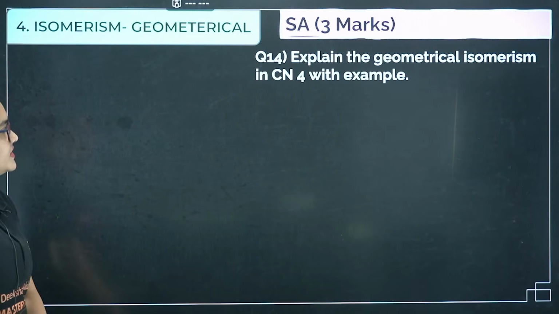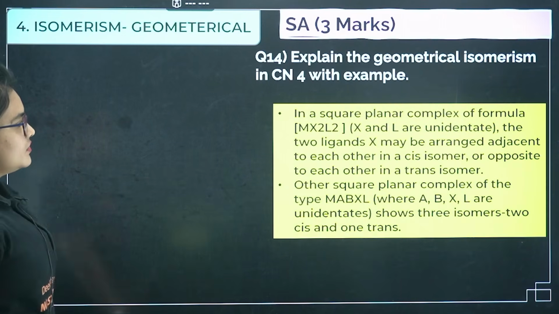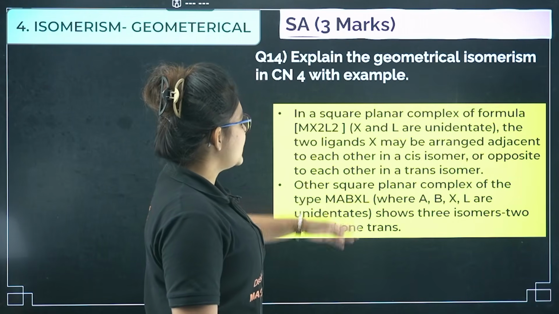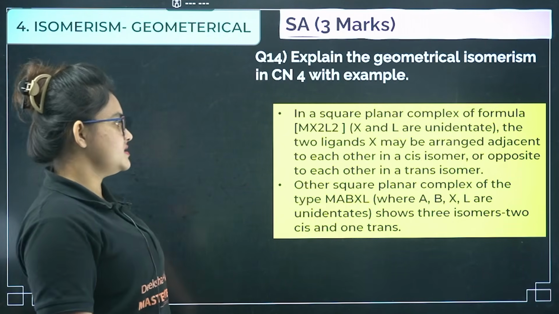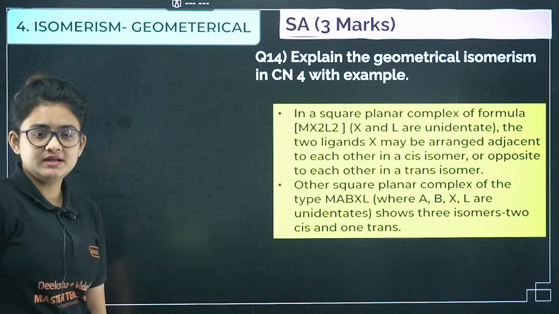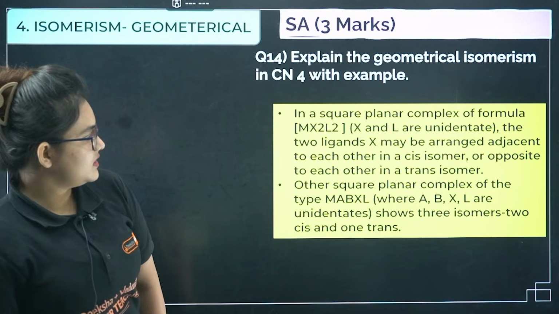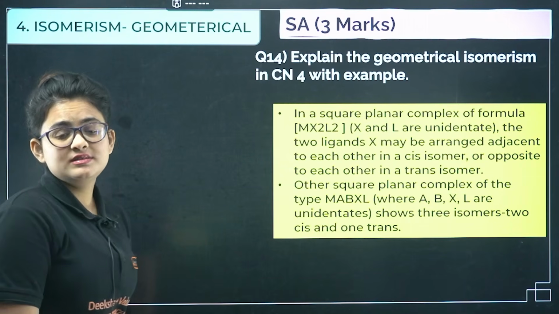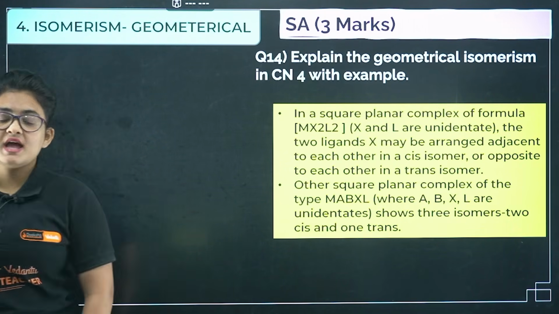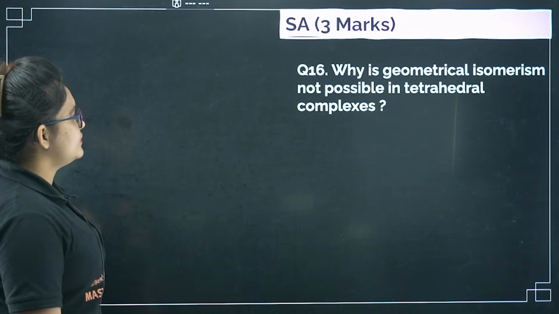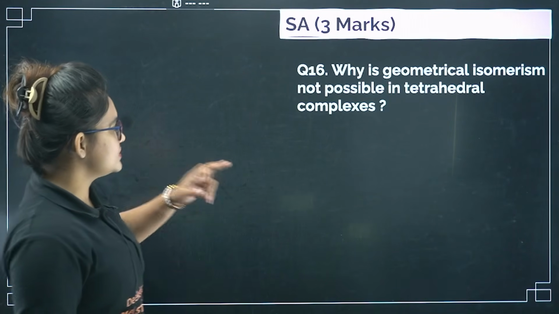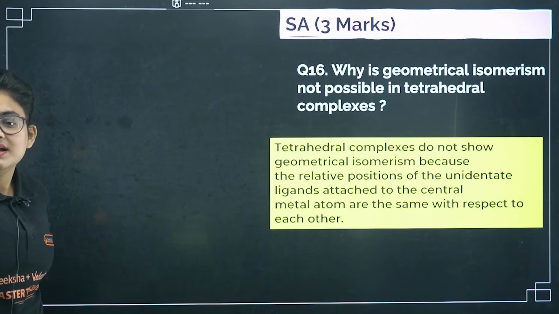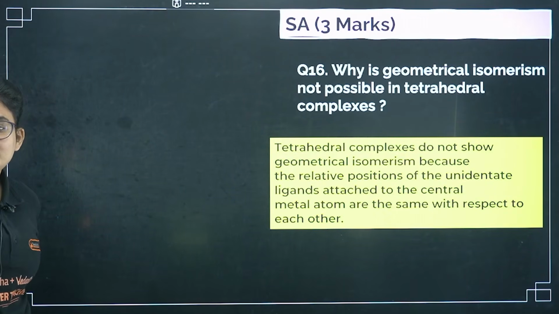Explain the geometrical isomerism in CN4 with examples. Whenever you have MX2L2 type, you can have cis and trans isomers. They will be opposite to each other. And for square planar MABXL, where all 4 ligands are different, you will get 3 different isomers, 2 cis and 1 trans. Let's proceed further. Why is geometrical isomerism not possible in tetrahedral complexes? Because of the relative position of the unidentate ligands,